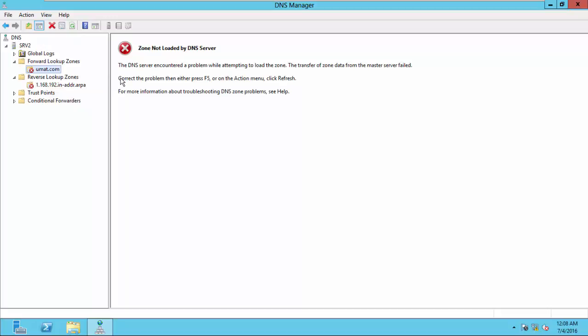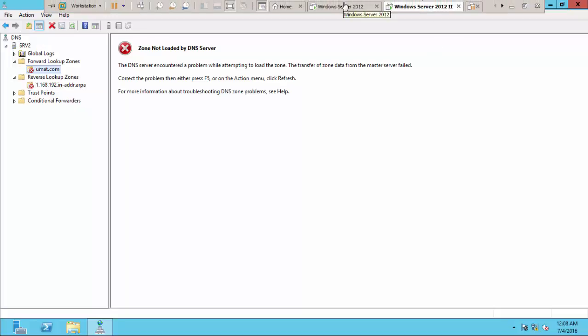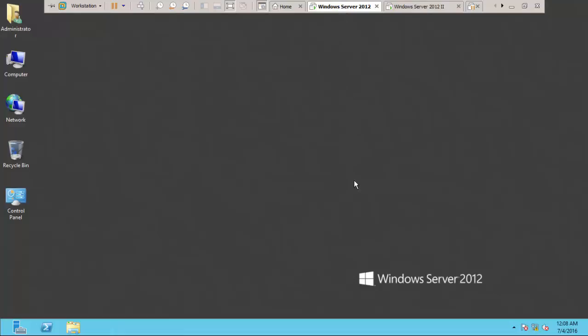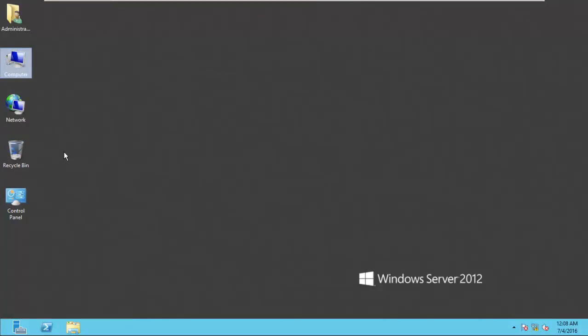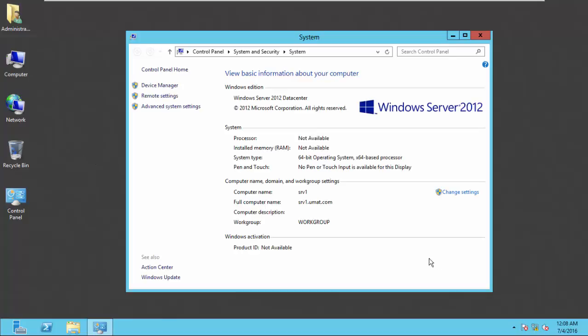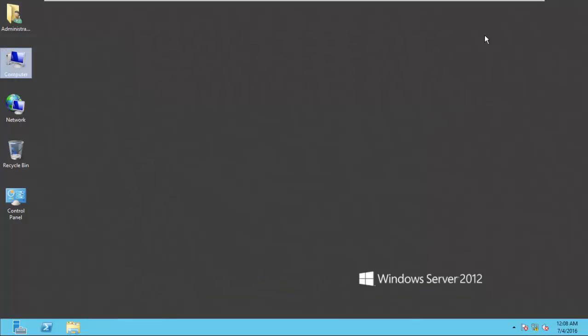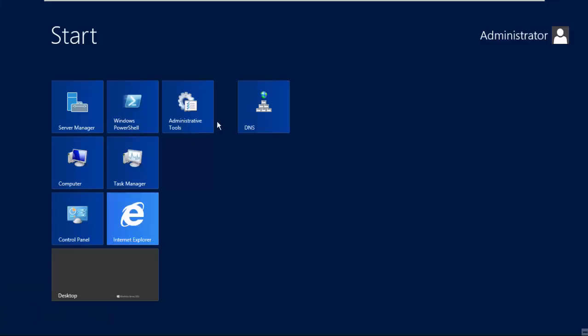What we're going to do here is to go back to our primary DNS server and configure it to forward update to the secondary DNS server. So I'm going back. This is my primary DNS server. As you can see, when I check the system properties, it shows that this is SRV1, which is my first DNS server. Okay, so I'll open the DNS console,